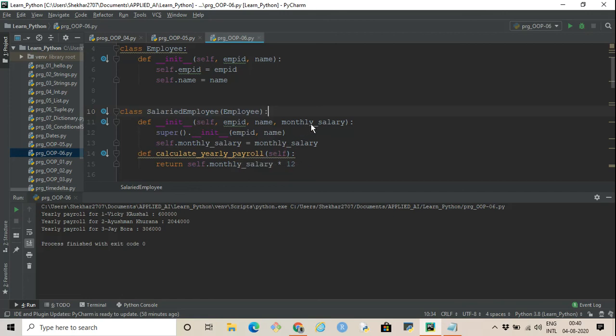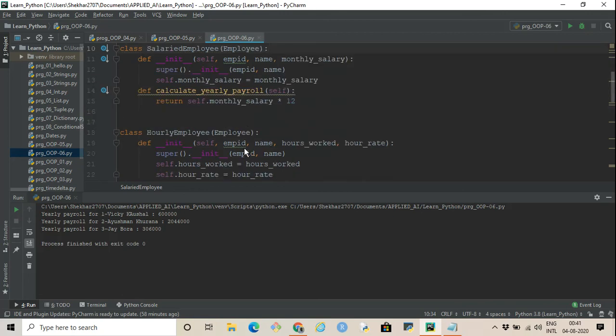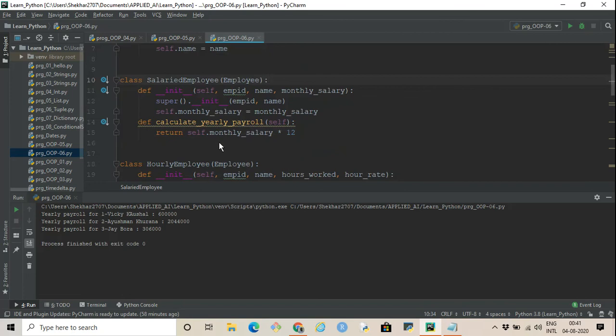The attribute that is left is monthly salary, which we set directly using self.monthly_salary equals monthly salary. And then we have an instance method, calculate yearly payroll. It calculates the yearly salary of this employee by multiplying the monthly salary by 12 and returns the yearly salary.